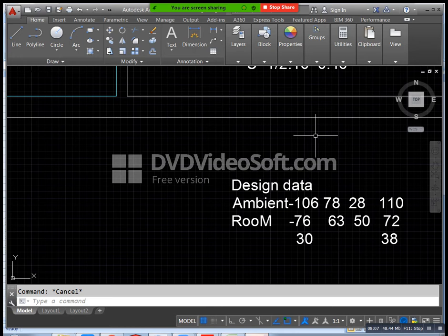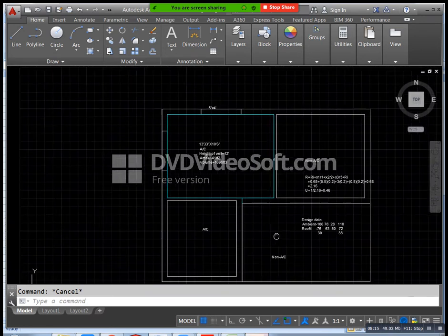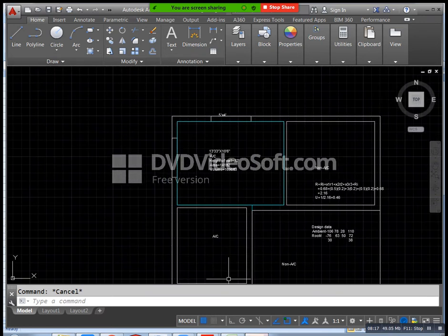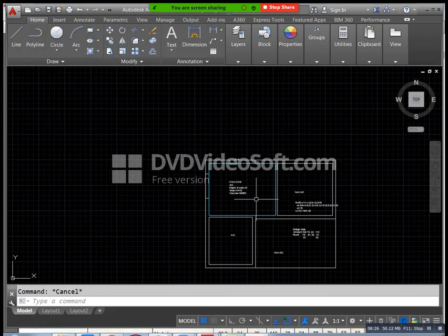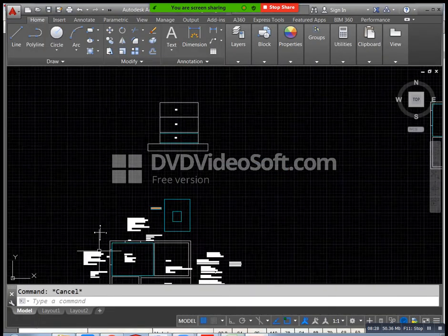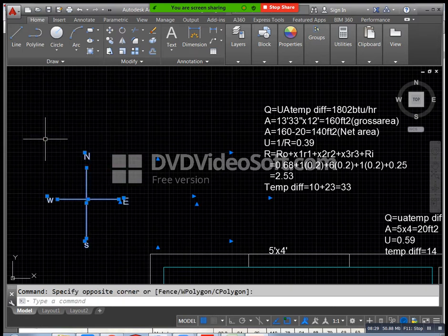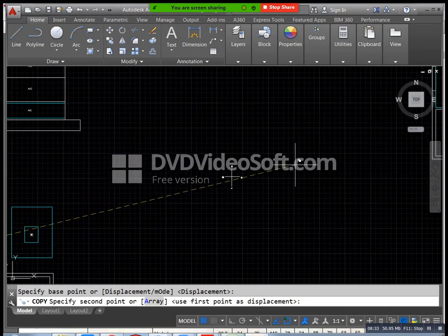Now we need to go to our chart. Here we have those values, here we have design conditions. First of all we need to learn wall, partition, negligible. What is wall, what is partition and what is negligible, we need to know about that. Here I am specifying my orientation of the building. We need to know about the orientation of the building also, at the same time partition, negligible, wall.